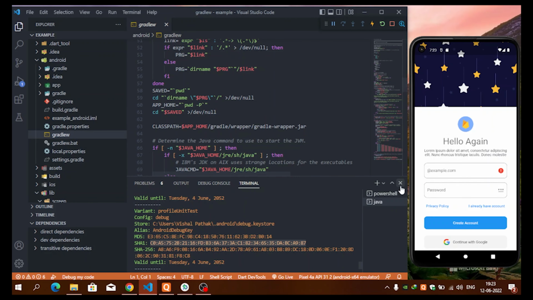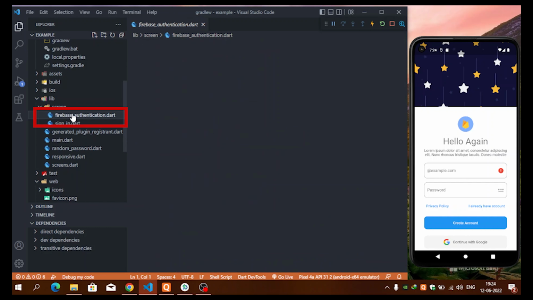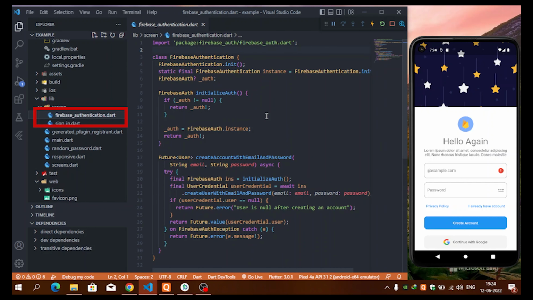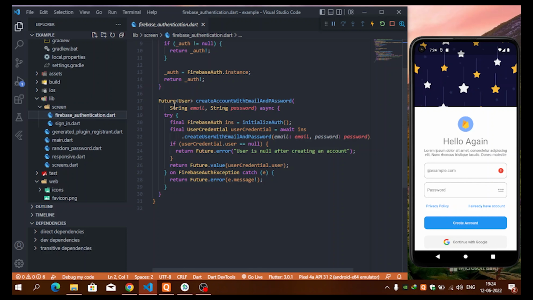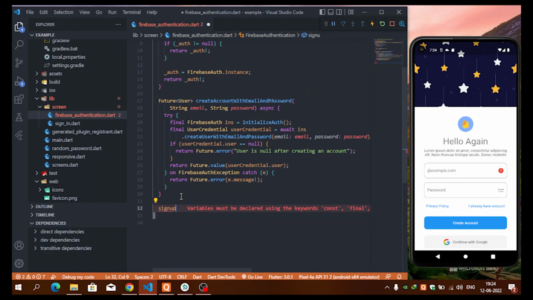So now come inside the coding section of this video. Just come inside the Firebase authentication class that we have made in a previous video, where we discussed how to authenticate a user using the email and password method. Just below this function, that is create account with email and password, create a new function and I will call it sign up with Google,